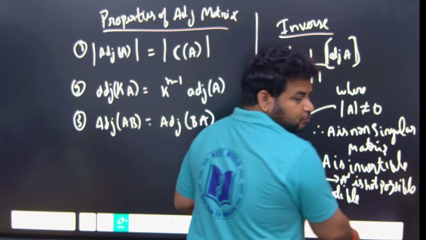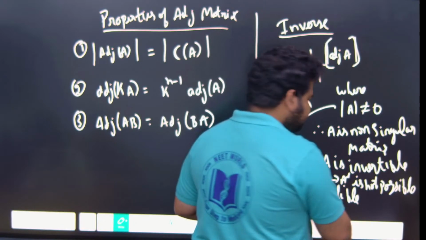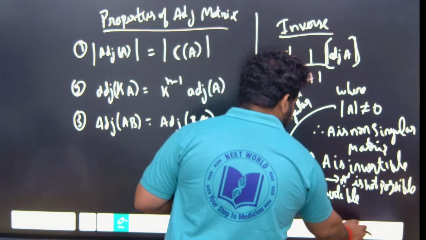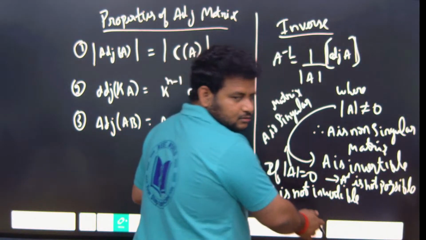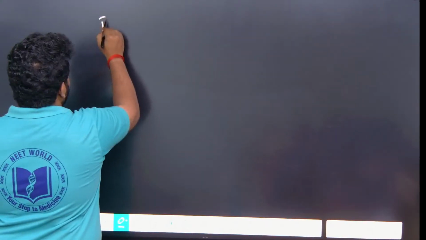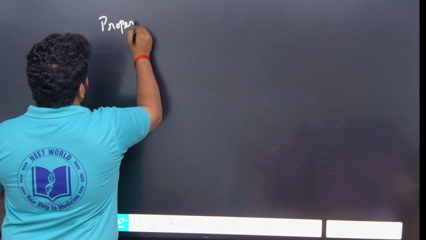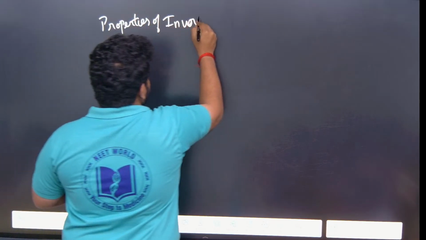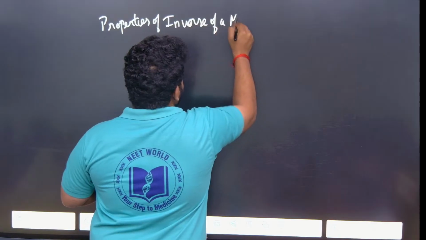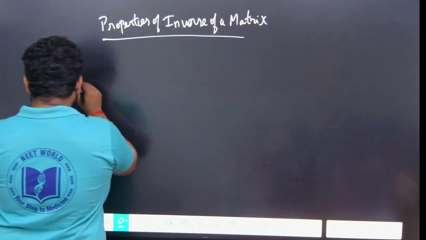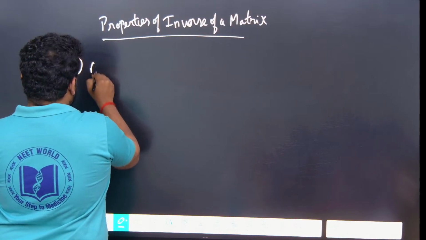Next one, we will study properties related to the inverse of a matrix. Writing it or done? Okay, if you are done, please tell me. Properties of inverse of a matrix. So first property,